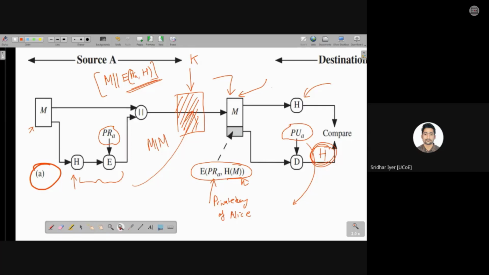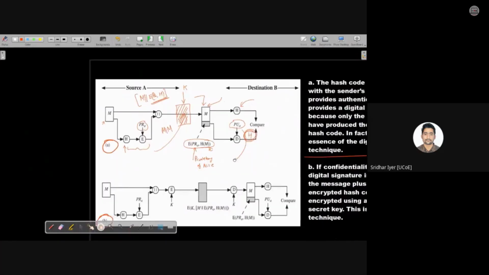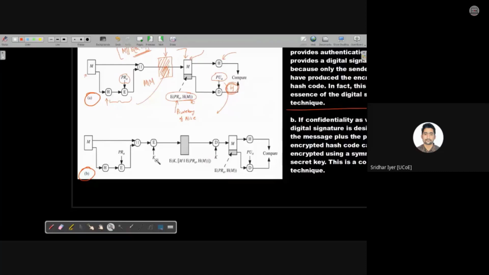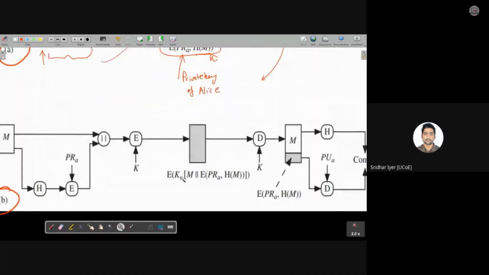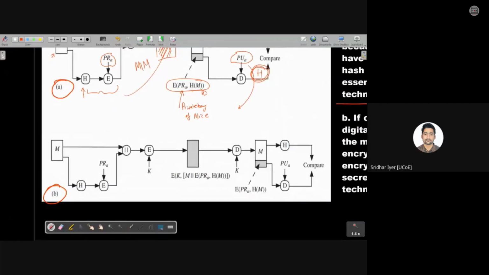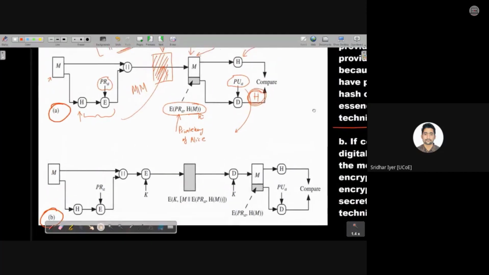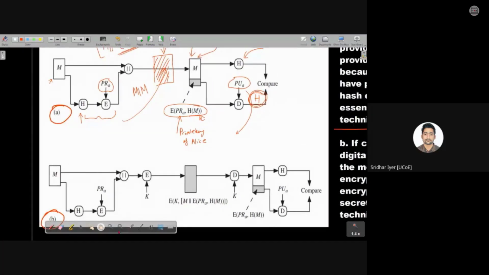समझ रहे हैं अभी क्या किया हम लोगों ने? I simply have added another layer of security. As you can see, the diagram is exactly same, just a minor addition in between. If you can compare this with the previous diagram, kindly let me know what extra have I added in between. Just have a look at this diagram and let me know how is scenario B different from scenario A.